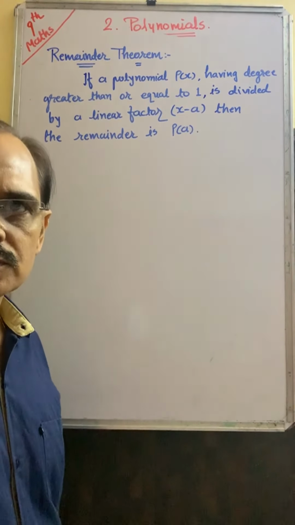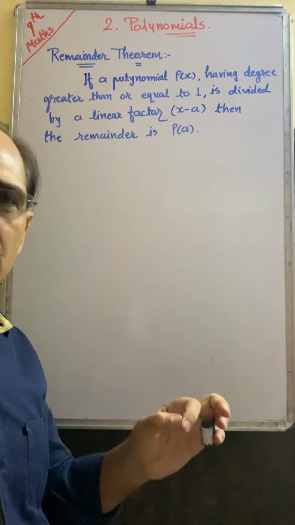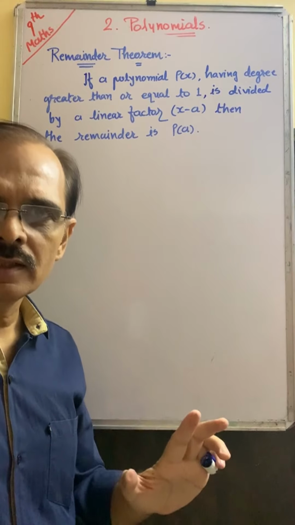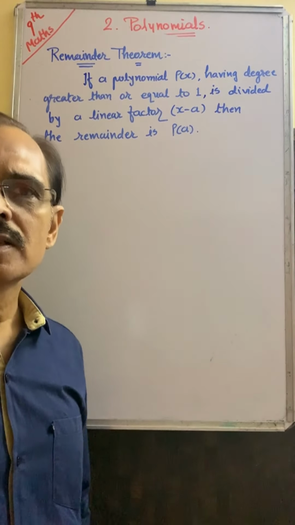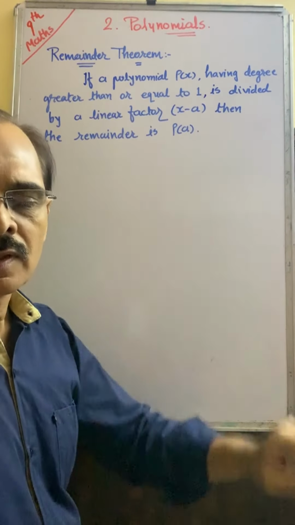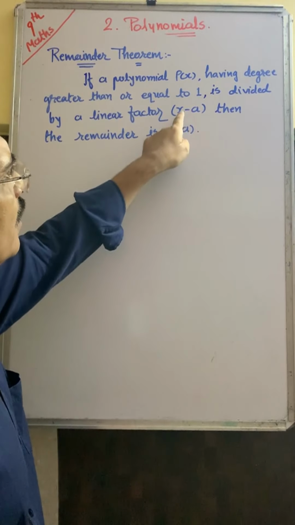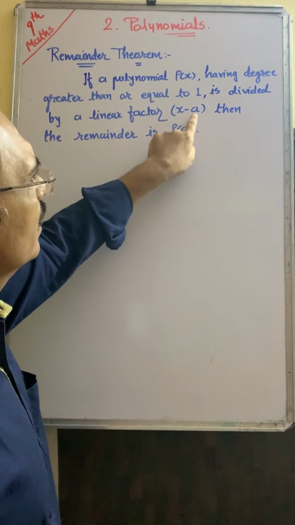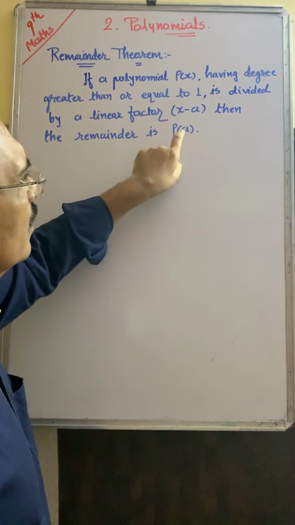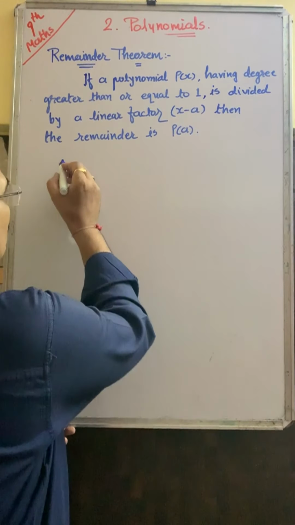So please be alert. One polynomial is given. Maybe it is linear or quadratic or cubic or biquadratic. Is it okay? Now if this polynomial is divided by another linear polynomial or a factor, then the remainder is this. It means what? If it is divided by x minus a, see here it is a, here it is also a, here it is minus, here it is plus. So as for example, you can say